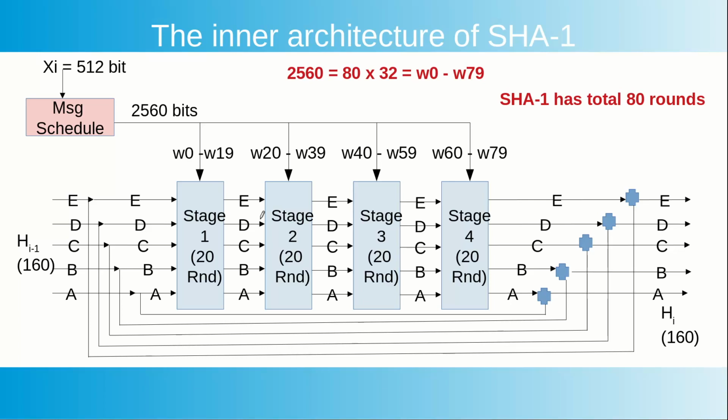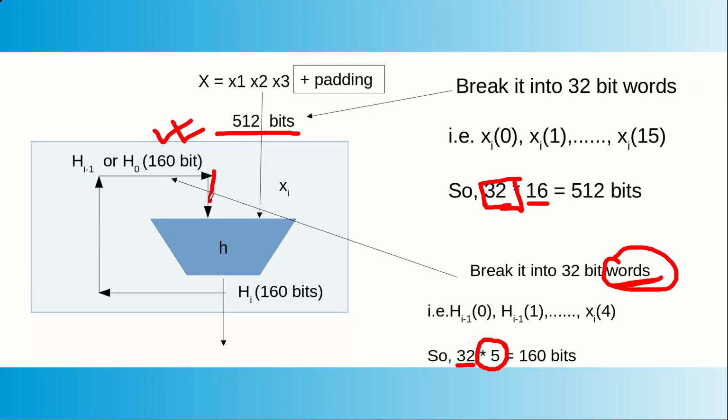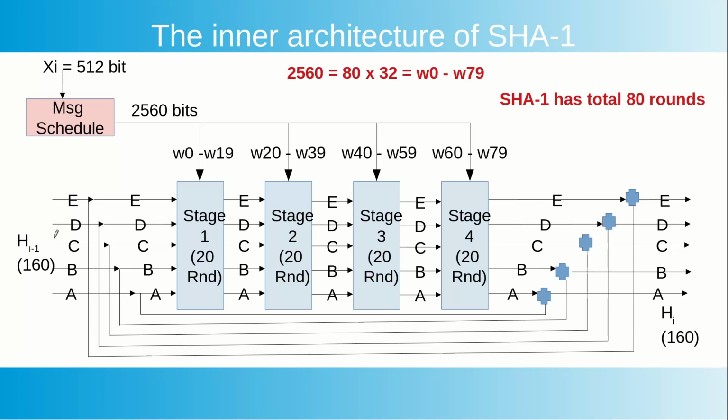This is a bit complicated design, but keep patience, whenever I discuss it, the thing will be clear. Recall, this 160 bit I will mark as 1, and this 512 bit I will mark as 2, and this one is essentially this one. So this is the previous hash's output, which is coming in this way, and the text is coming from this way.